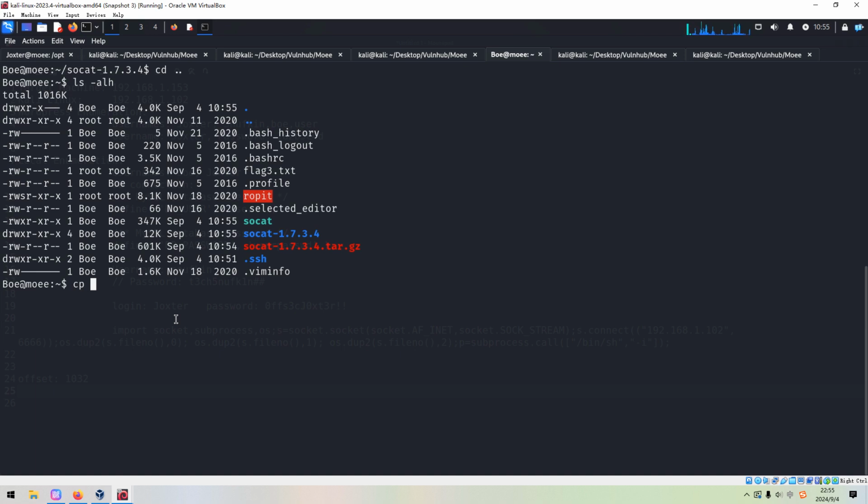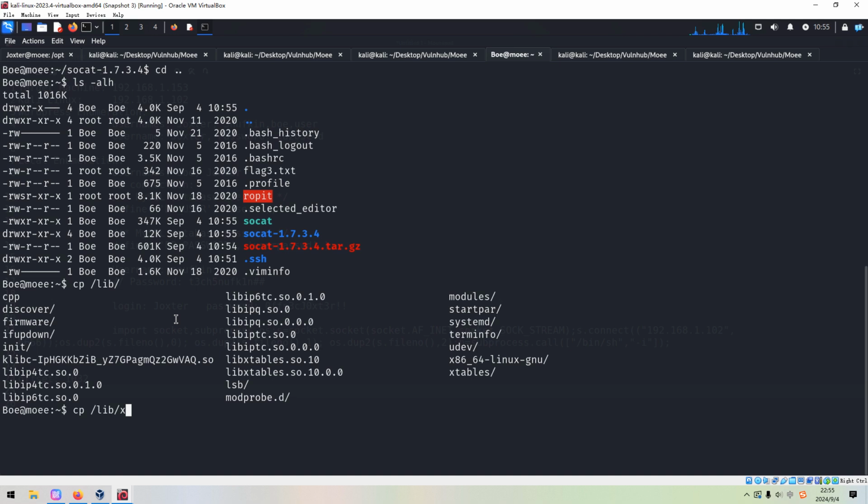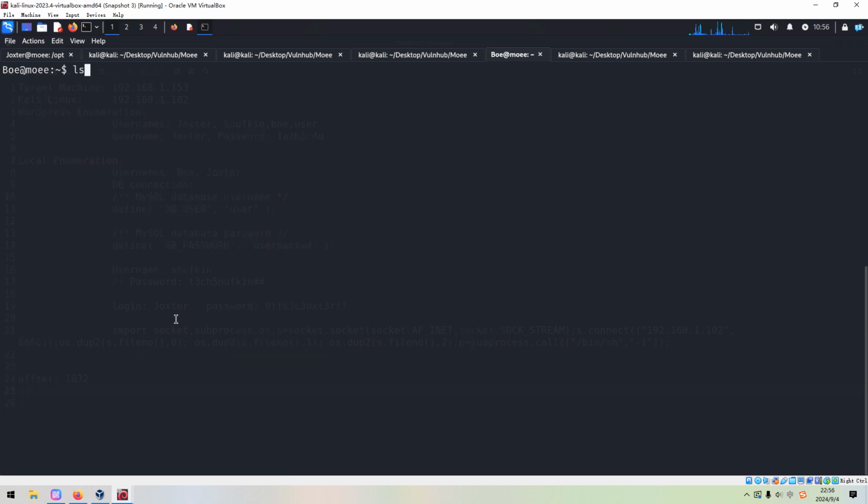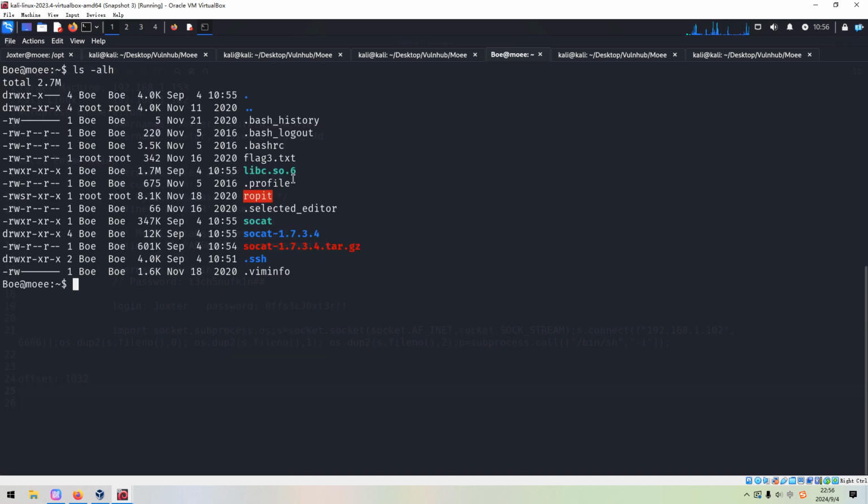And also we need to copy one library, libc. Also we need to transfer this library to the Kali Linux, because the payload or the exploit will be running on the Kali Linux.